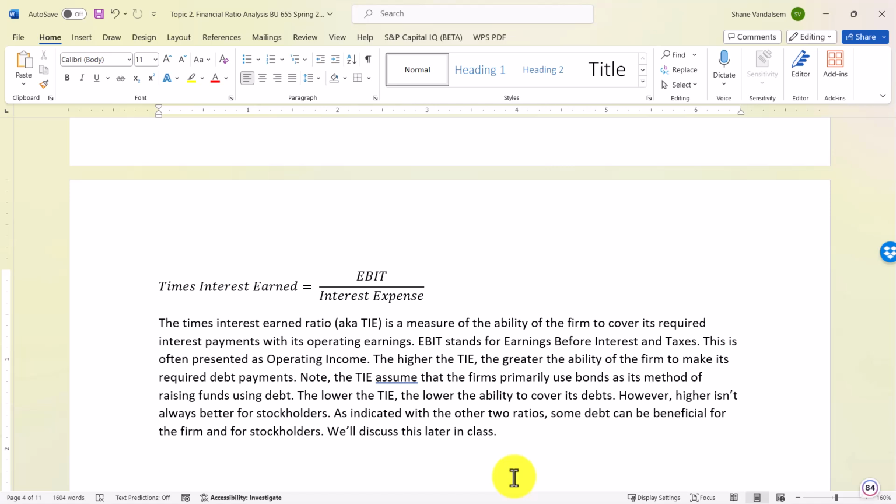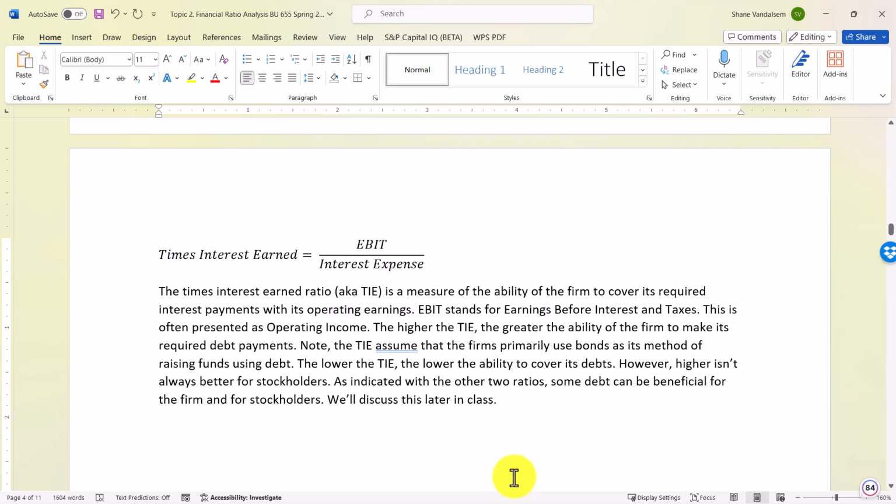So the times interest earned ratio, also known as the TIE, is a measure of the ability of the firm to cover its required interest payments with its operating earnings. EBIT stands for earnings before interest and taxes. This is often presented as operating income. The higher the TIE, the greater the ability of the firm to make its required debt payments. Note that TIE assumes that firms primarily use bonds as their method of raising funds using debt. The reason I say this is that other forms of debt require principal payments. I'm going to mention one of these here in a minute, but